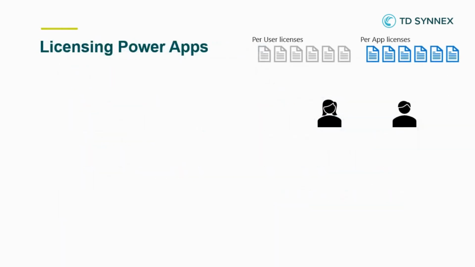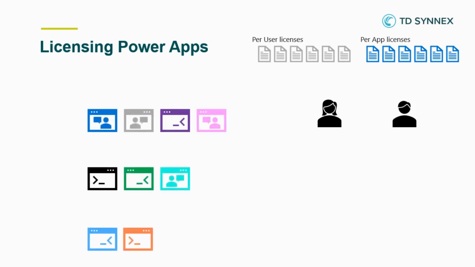Let's go through a scenario to show you how this works. Here we have an organization who have a number of Power Apps licenses. And we know that there are two different types of licenses, and they've acquired 6 per user licenses and 6 per app licenses. First of all, the apps are created, and when an app is created, it's assigned to an